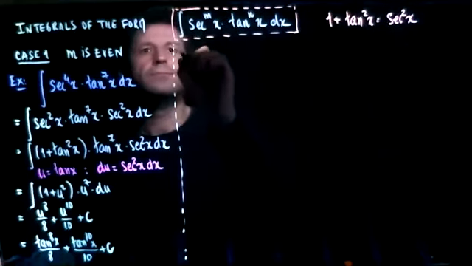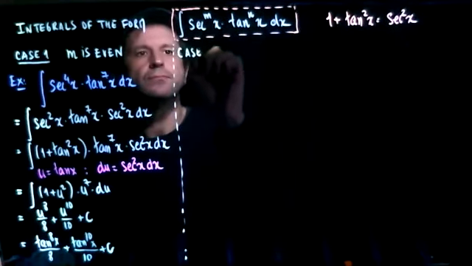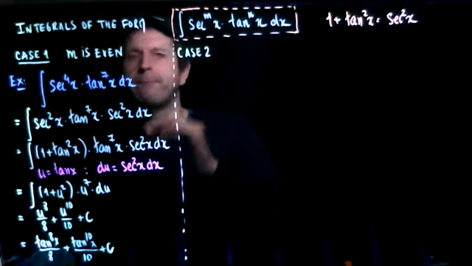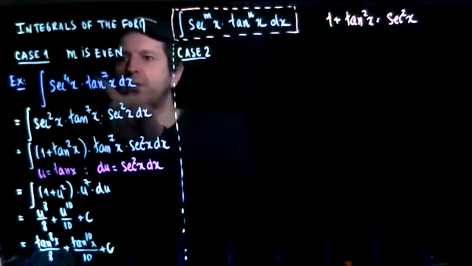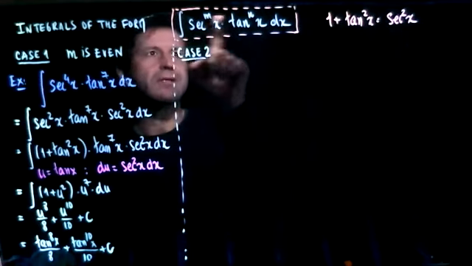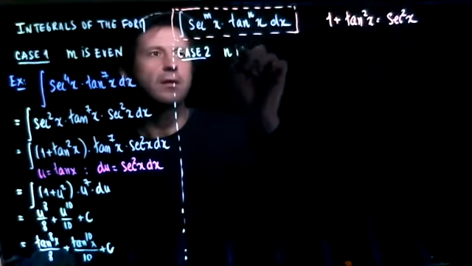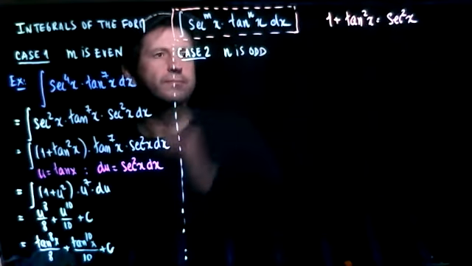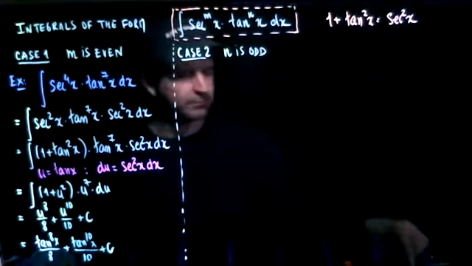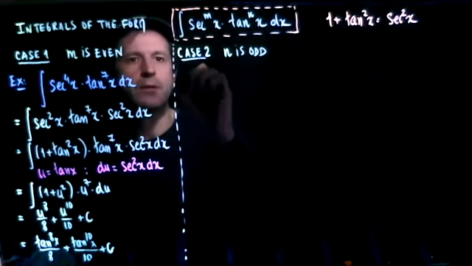Case 2. Okay, so we did when the secant is even. Now what happens when the tangent is odd? So when n is odd. Okay, so example,